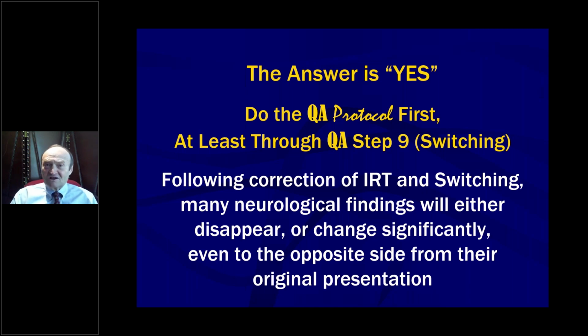So when they say, oh, you should do the neurology first, it's an opinion because they don't know AK and they don't know QA. There's not a chiropractic neurologist out there who is an instructor who knows anything about QA or AK. They think they do, but they don't. I'm not being critical of them because they know the neurology a lot better than I do. But I'm telling you, they haven't studied QA. If they studied QA and looked at the things the way we look at them and the way I've looked at them for 40 years now, and since I started taking chiropractic neurology in 1989, it's a long time,